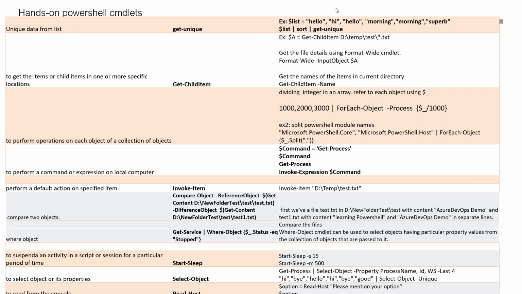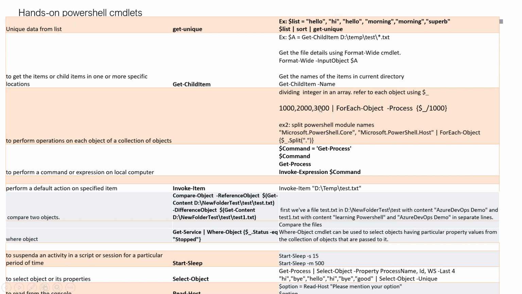Okay. And similarly, you see Get-ChildItem, because you might be looping through folders to do some permission setting or to delete something. Then you can use Get-ChildItem. Also, you are not writing any script, but you want to go through a list of available data, loop through that data and apply some arithmetic operators or some logic.